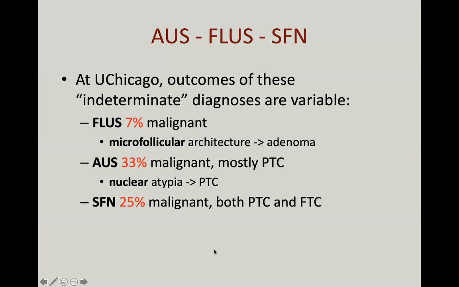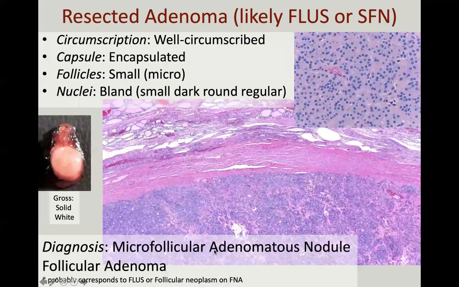All right, so moving on to what are we likely to find then with a FLUS or a follicular neoplasm? These tend to be true follicular adenomas that are well circumscribed, maybe encapsulated, but maybe not. In this one, there's a capsule. The follicles are small,